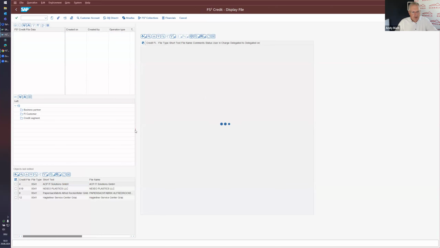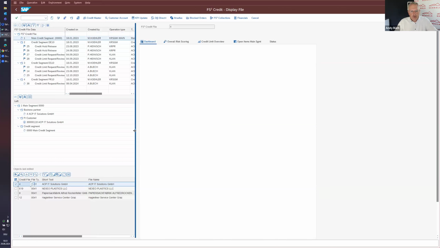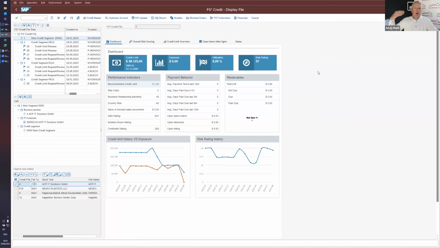In your credit management application, usually it is all about defining the right limits. It's all about applying for new limits. It's about setting a risk score to make sure that your incoming orders will be checked, will be automatically blocked or unblocked if, let's say, the exposure hasn't been exceeded yet. So this is one of our example customers. It's customer 4, ACP IT Solutions, where we have got the DMB information in our DMB Direct Plus and this is reflected automatically into our credit and risk solution.